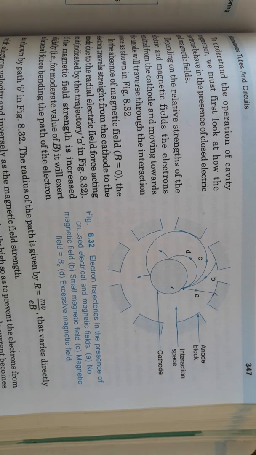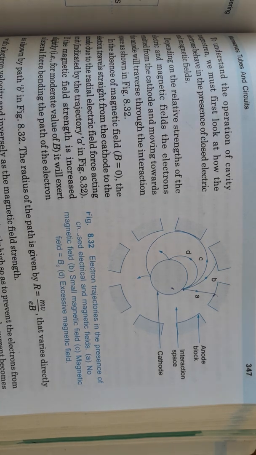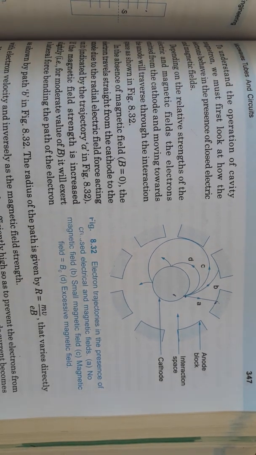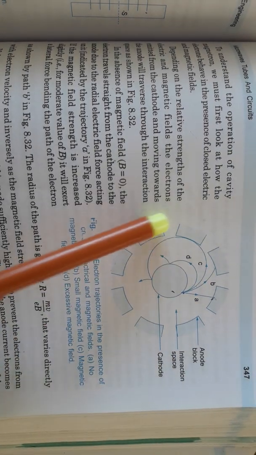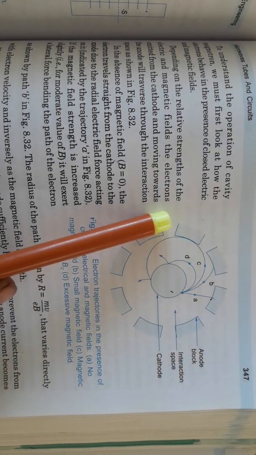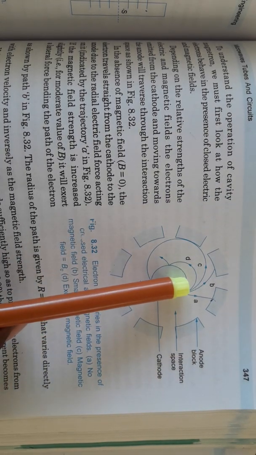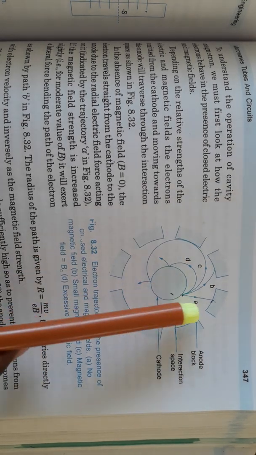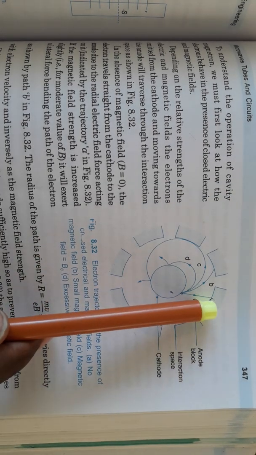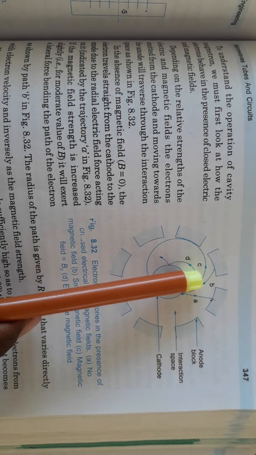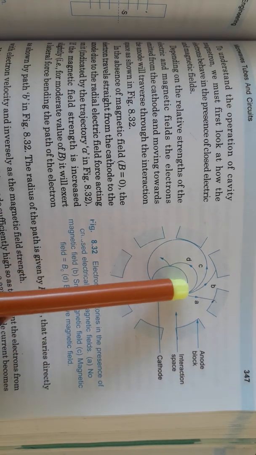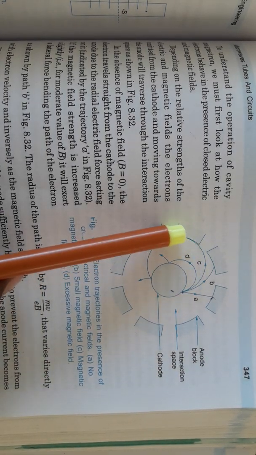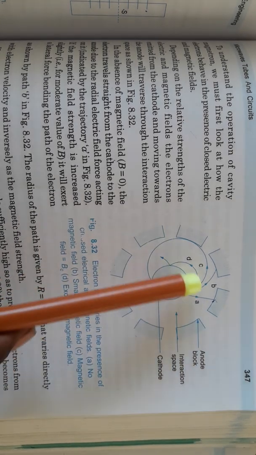Now the radius of this path is given by R equals mv divided by eB. If we further increase the magnetic field sufficiently high, then the curvature of the path also increases. So bending increases, and these electrons are completely bent. So when the magnetic field is zero, we observe a straight line. When we apply some magnetic field, the electron path gets bent. If we further increase the magnetic field, once again the electron path gets more curved.